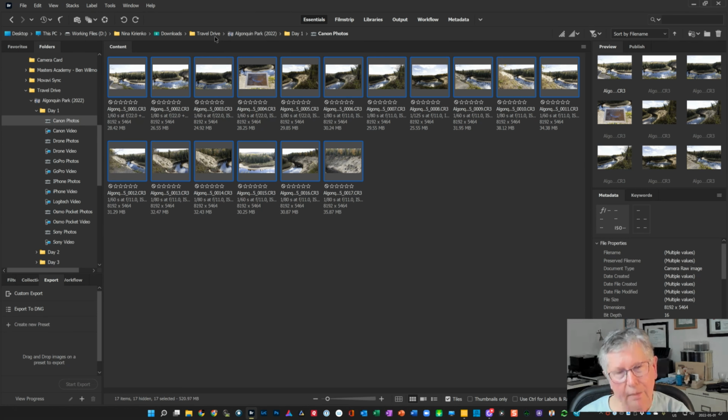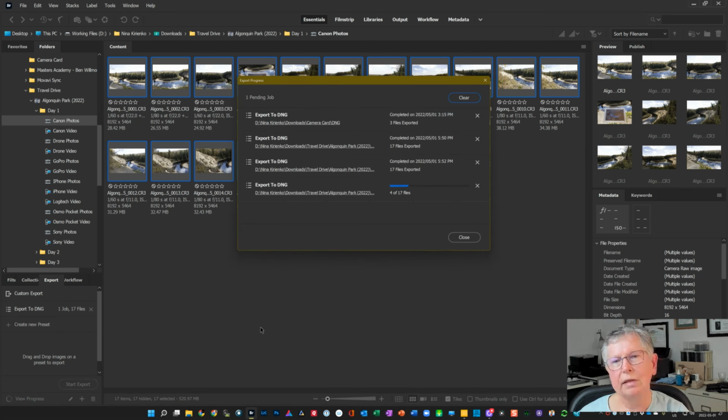And then the last step I do, again, way beyond anything that I would recommend to any of you, I convert all of my CR3 files, all of my native RAW files from my Canon camera into a format called DNG. I'm not going to explain what DNG is. I'll happily give you some information if you're interested in it, or maybe do a future video about it. But I convert all of my files to DNG format, and I've set up a preset to do that. So I grab all of these files and simply go and put them on top of the preset, and it